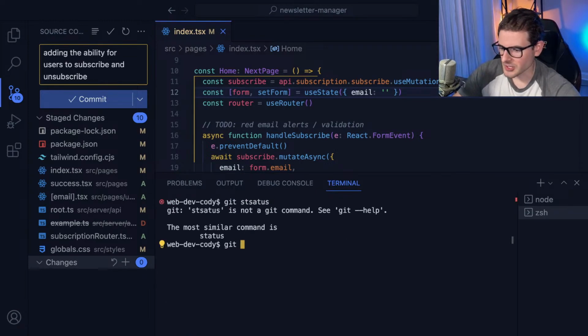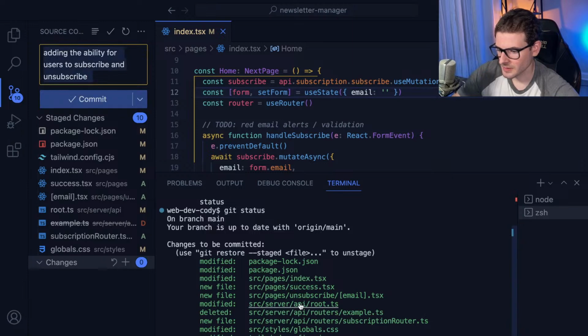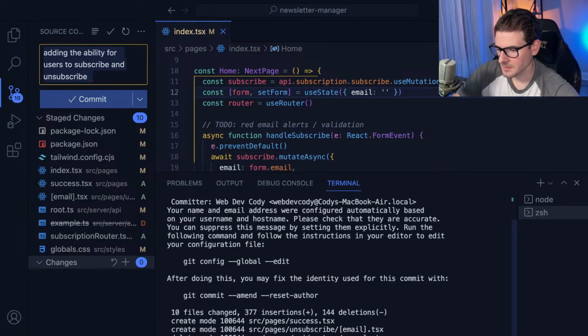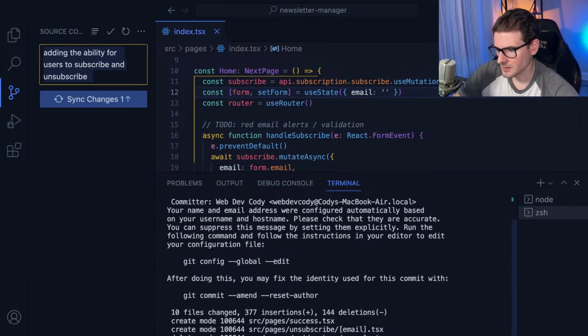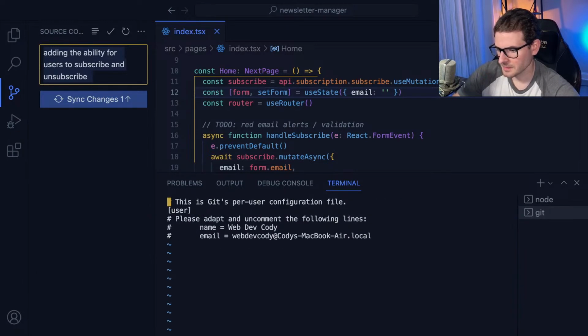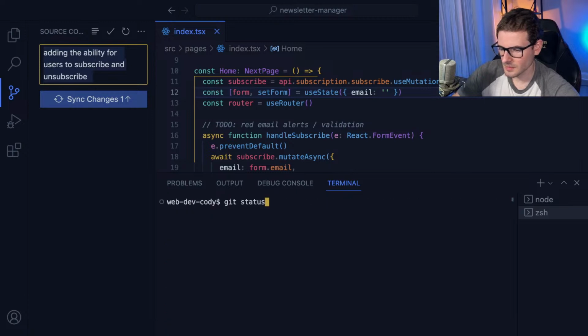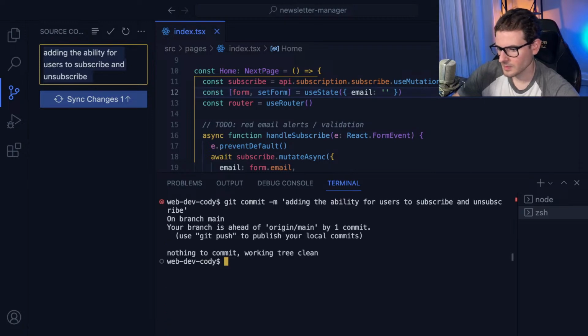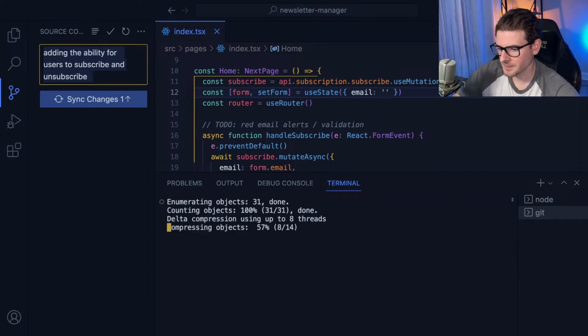I think it'll tell me if I actually try doing this. Git config global edit. Cody@gmail.com. I might have to do some amend thing. I think it's fine. Whatever.